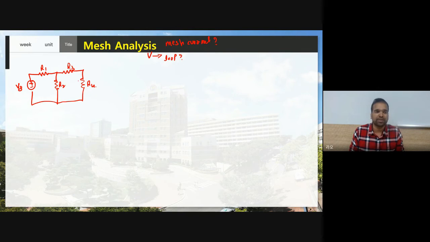Now see, before applying mesh analysis, you need to understand how many loops we have. That means how many closed circuits you have in the given circuit. So here you have how many circuits? Two closed circuits. Okay, that means you have to consider two loop currents, I1 and I2. So let us consider that I1 is flowing in this loop 1 and I2 is flowing in this loop 2, or closed circuit 2. So here I just assume that the I1 current is flowing in the clockwise direction, or you can consider the anti-clockwise direction also. This is up to you.